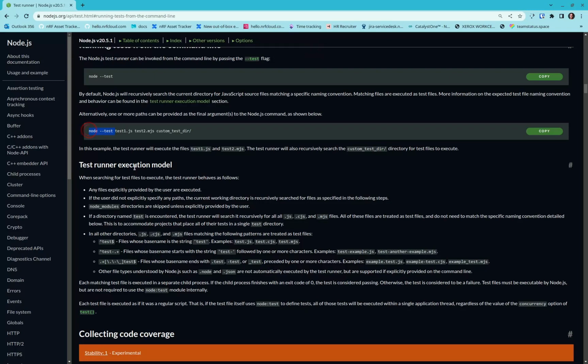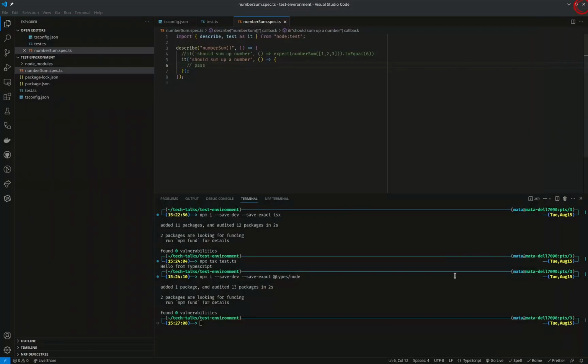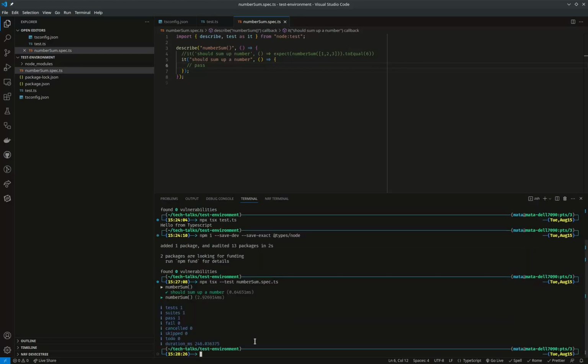but the main argument is that you use node --test, and then the files that the test runner should execute. Since this is TypeScript, we have to run it through tsx, but then it has the same arguments. So I call it now very simply with one file. We'll talk about having multiple files later. But this is the idea. So I run the spec files with tsx and the test command, and that will cause it to behave